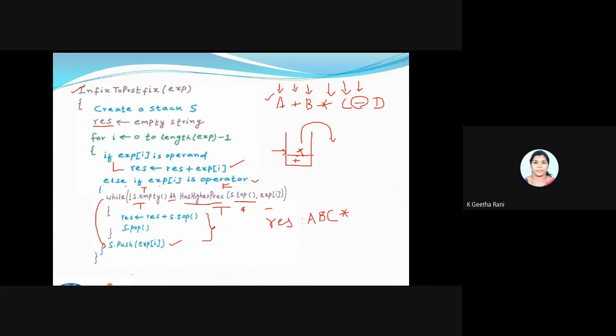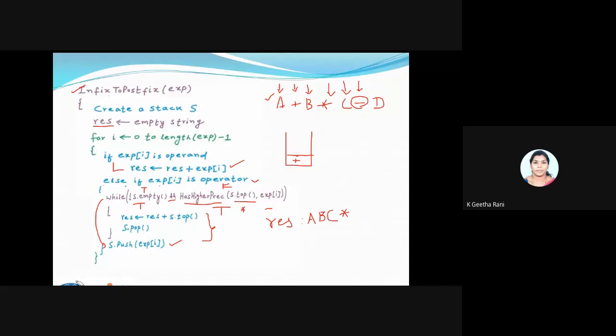Now I'm just erasing this. The star has been removed. If I remove an element, my top value will be decremented. Now the top value points to the plus.